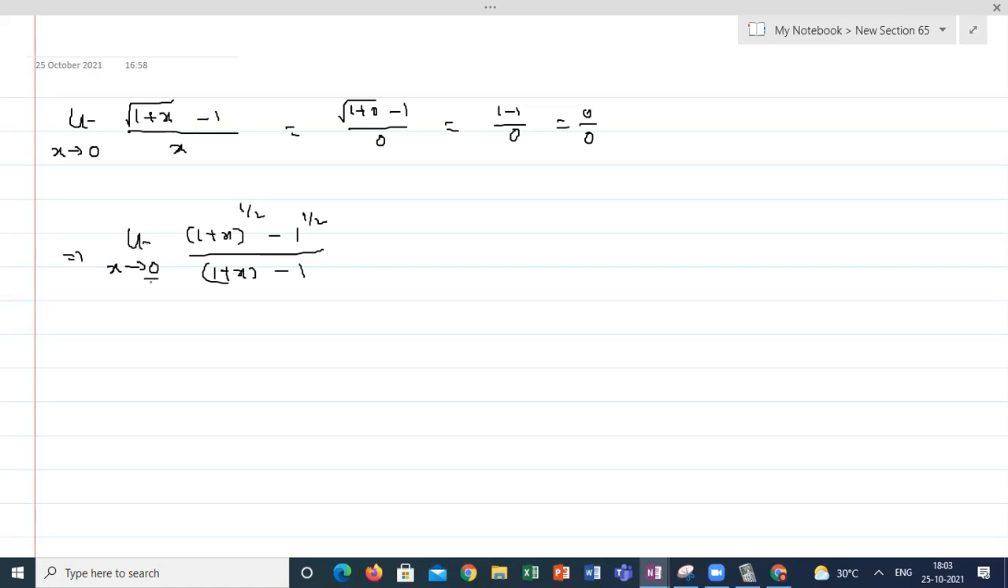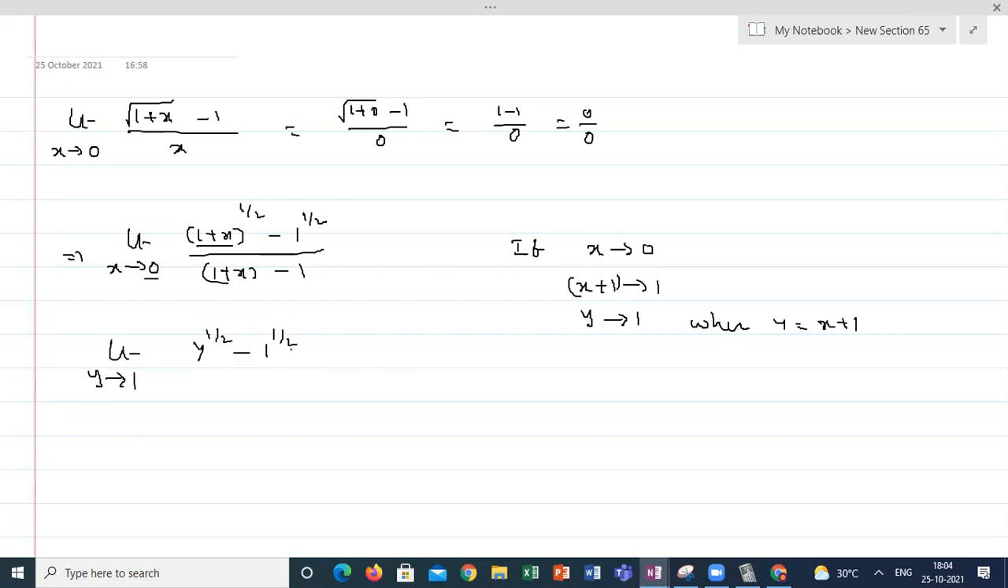But x tends to 0. But I am having here 1 plus x. If x tends to 0, x plus 1 tends to 1. This x plus 1 I am assuming as y. If I am replacing this value, limit x tends to 0, y tends to 1, where y is equal to x plus 1. So y tends to 1, y power 1 by 2 minus 1 power 1 by 2 divided